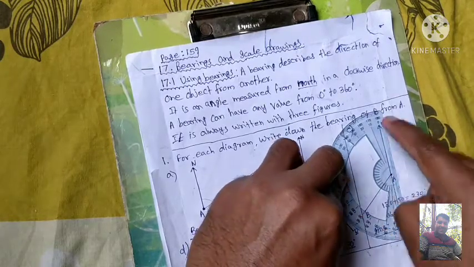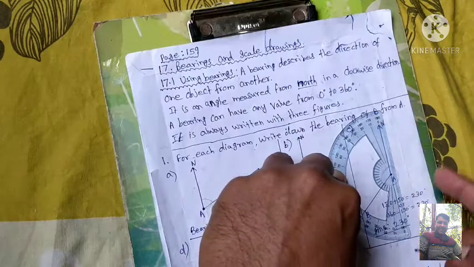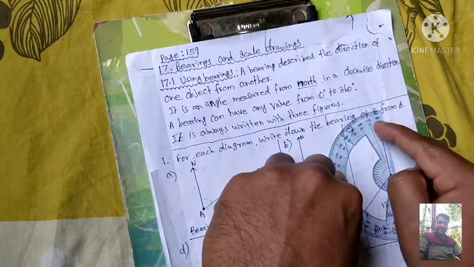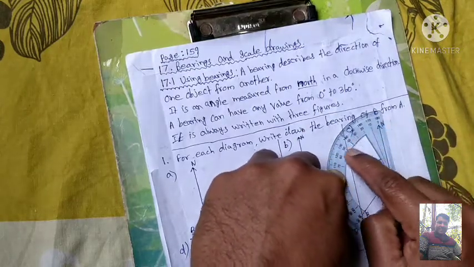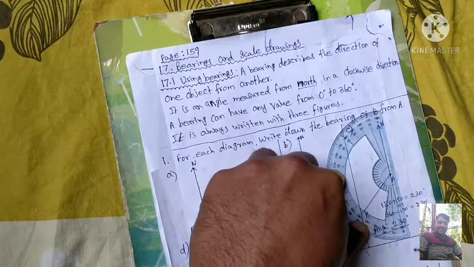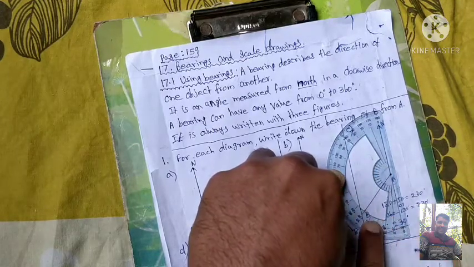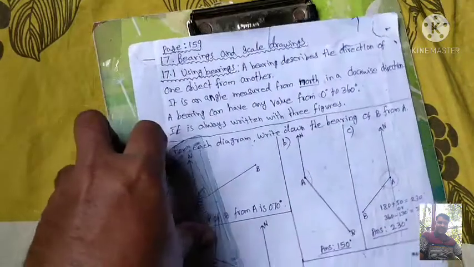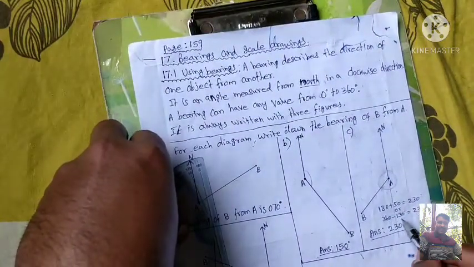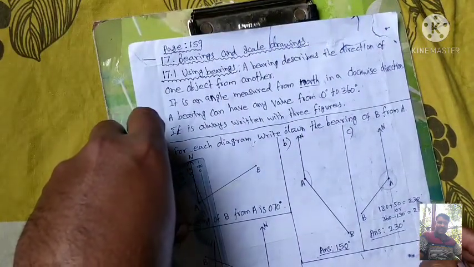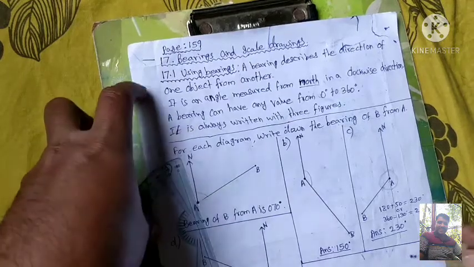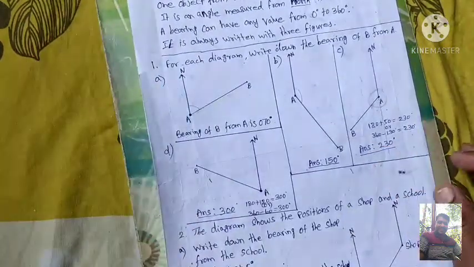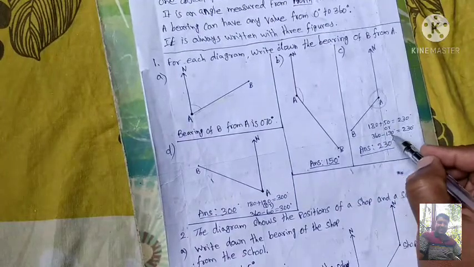So now measure it from the top side, because we are going to measure this angle. So we are going to start from 0, 10, 20, 30. It is coming up to here. 130 degree. When you are coming to the left side, it is coming 130 degree. So 360 minus 130 equal to 230. So both times you are getting the answer. So you can use any method for this, 180 plus method or 360 minus method.